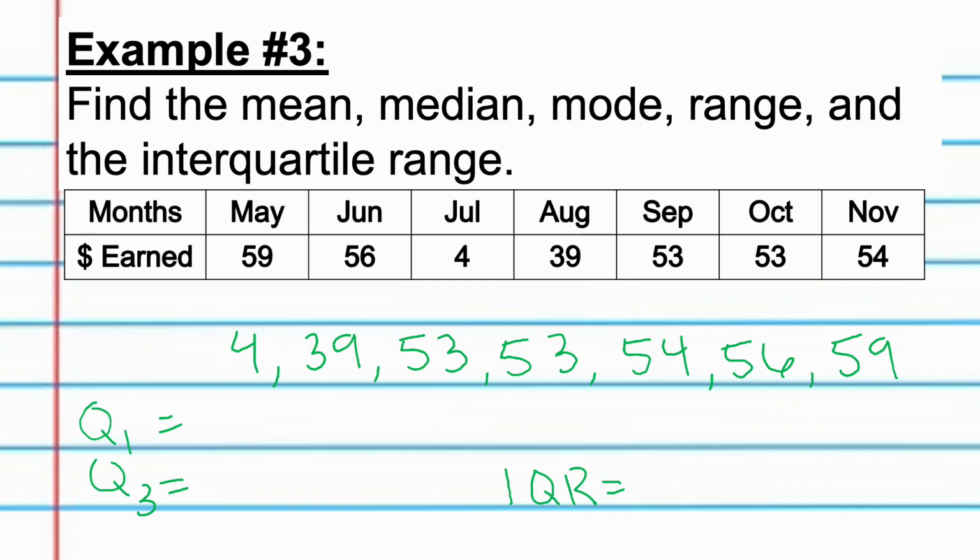Now, when we have an odd number of values, it makes our life much, much easier, because that puts our median here in a box by itself. So it gets to live in its own little box, and then we create our new halves